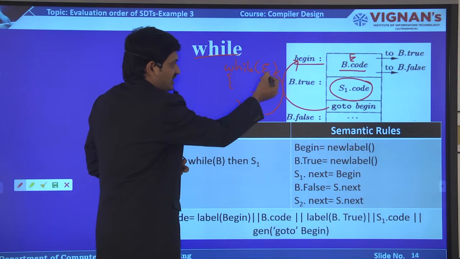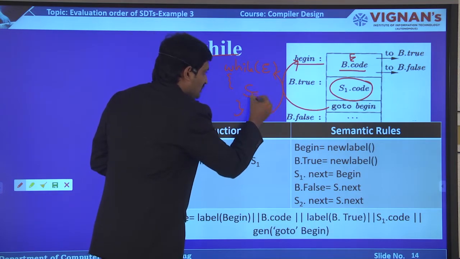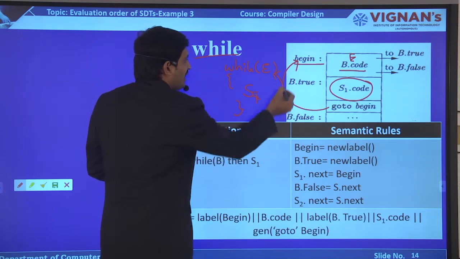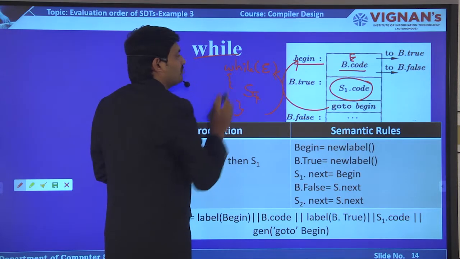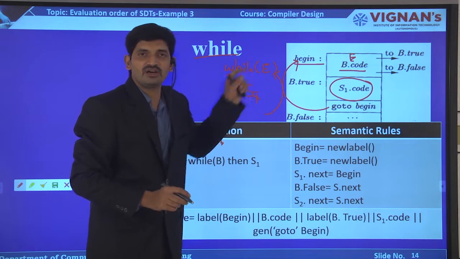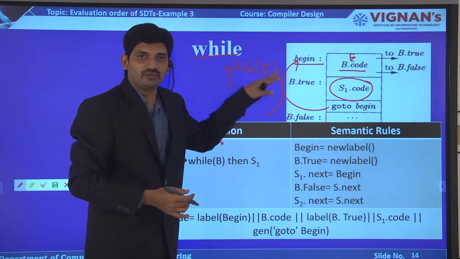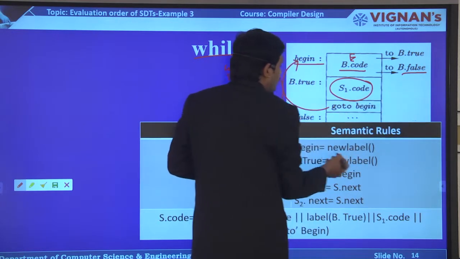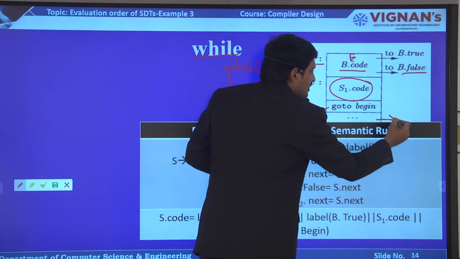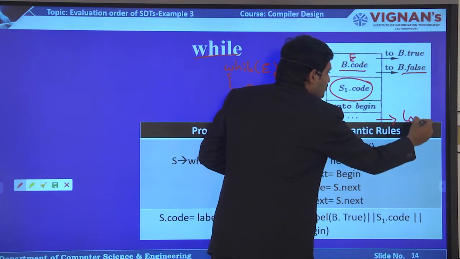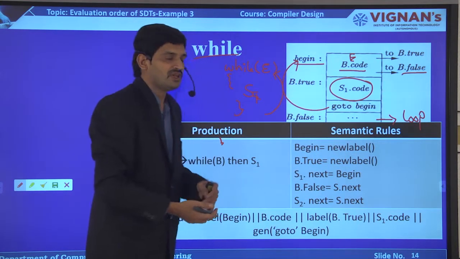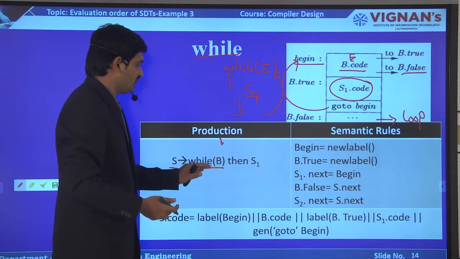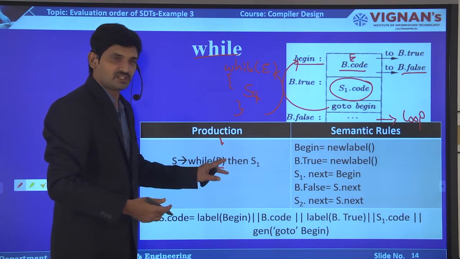That means if the expression is true, I have to execute the S1 statements, and again go to the begin, that means execute the expression again until it fails. If the expression is false, we come outside of the loop. Let us take the statement S as while B, where B is the expression.